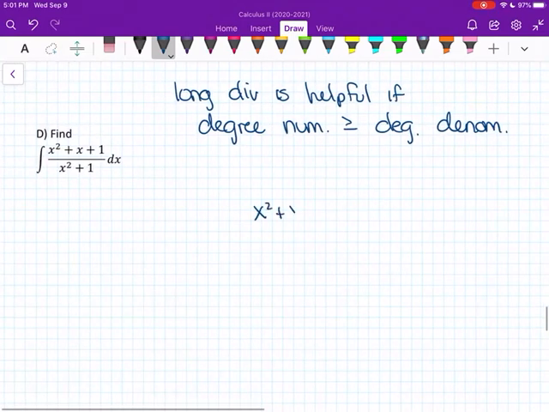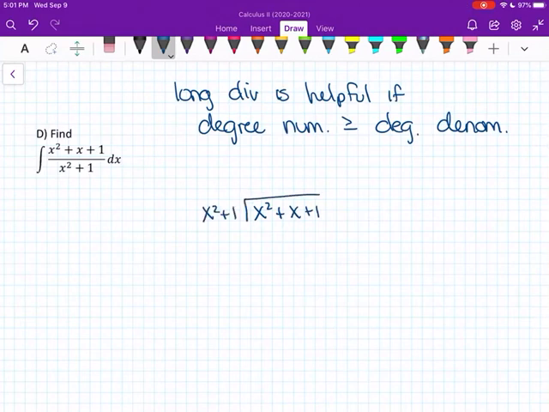So we have x squared plus x plus 1, and we're dividing that by x squared plus 1. And so what I want to do is I want to look and say, okay, what do I multiply x squared by to get to x squared? I multiply it by 1, and then I say, okay, x squared plus 1 times 1 is x squared plus 1, and then I subtract that. So I'm subtracting that, so subtraction,